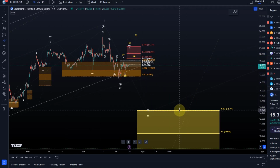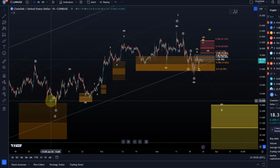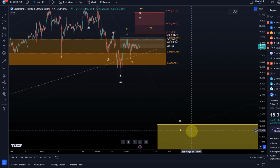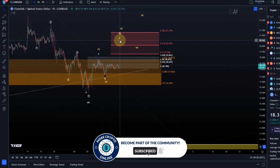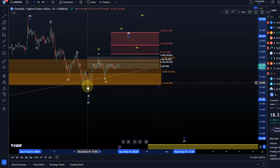It could be enough to just hit the 1280 level. Wave 2s often tend to finish in the region of the previous wave 4 low. We discussed that. That's basically here around 1280, so there's some confluence. But in the very short term, I highlighted to you that while I would like to see the price eventually come down in this C wave, in the short term, it's possible and actually quite likely, as per the wave count, that we see a larger B wave, which would basically mirror Bitcoin's short-term count, in which the larger A